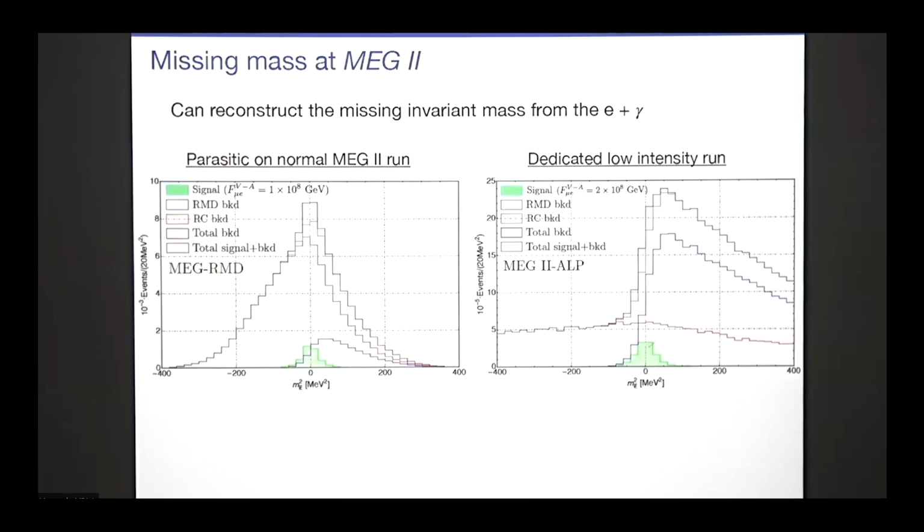So the green here is the signal, so it peaks at 0, as you'd expect. And the red curve over here is the accidental background from random coincidences that we heard about earlier. Because of the very stringent selections in muTE, this background is supposed to be flat, but it actually gets shaped by the cuts into a peak, which sits right on top of the peak that you want to sit. So that's not really ideal. And the blue is the radiative muon decay background, which is subdominant to this.